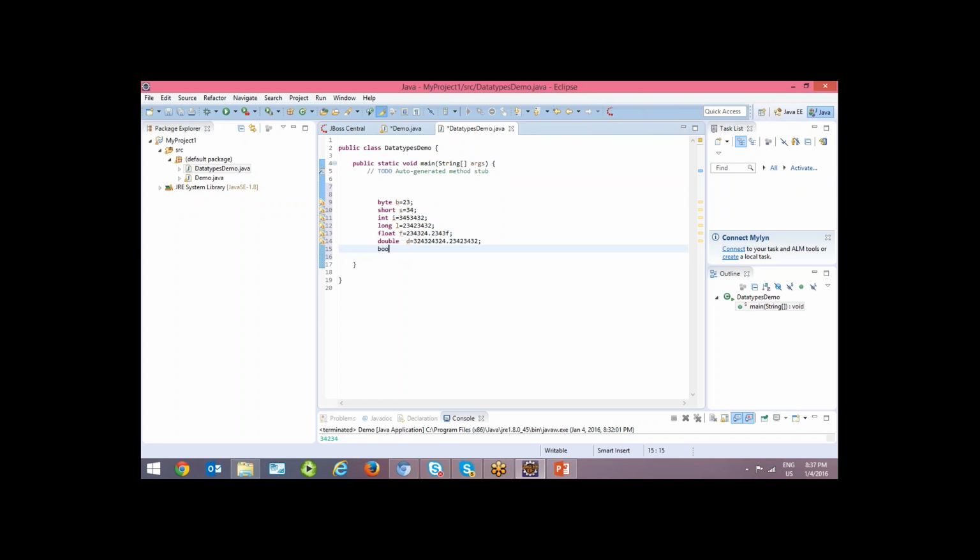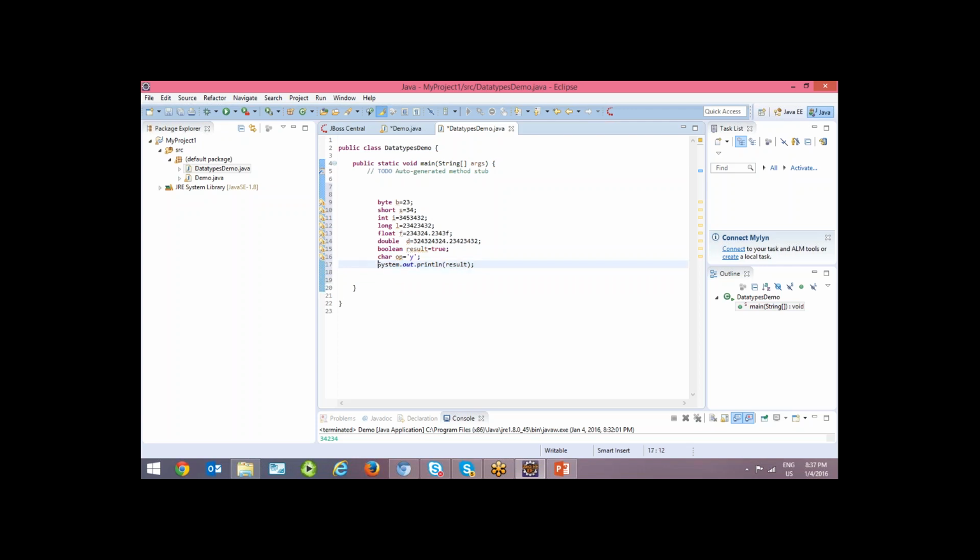Coming to Boolean, something you want to store, either true or false. And coming to character, char option equal to either yes or no, a single character you can store. Now any of these variables you want to print, you can use the print statement and print the result.